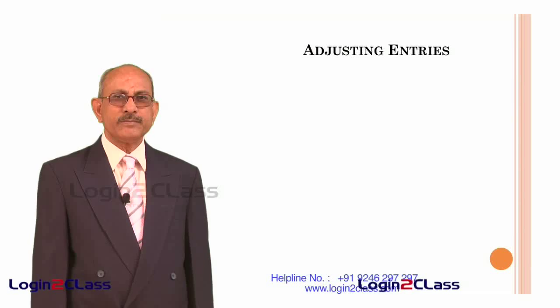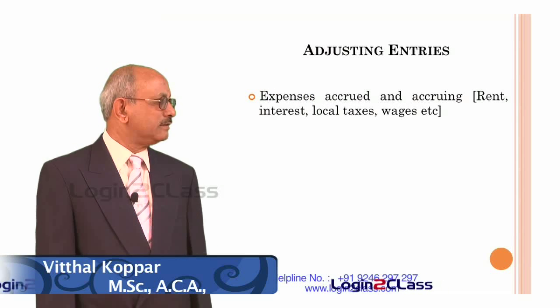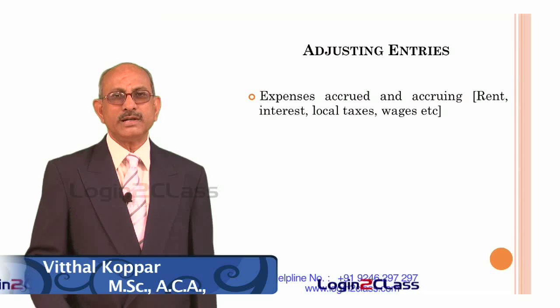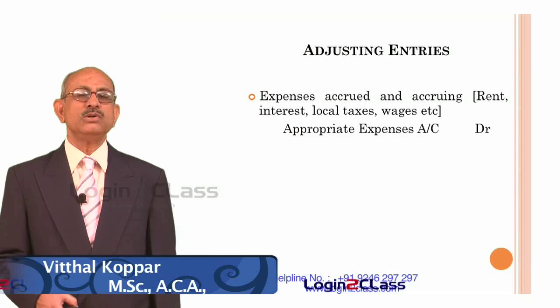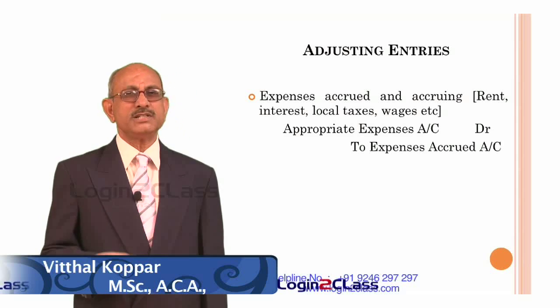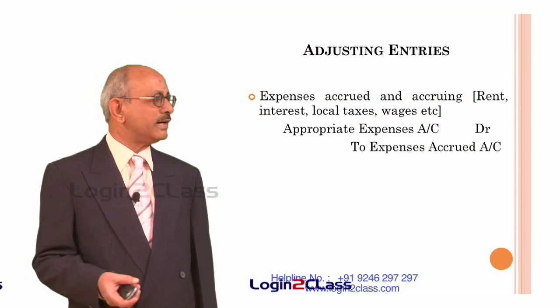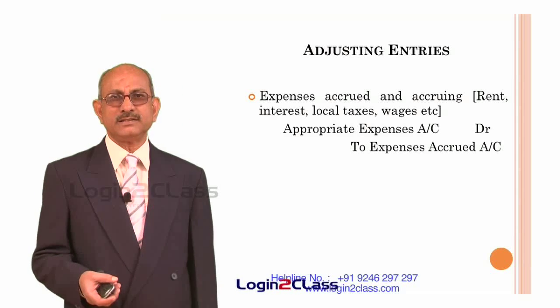And accruing, but which have actually not been paid, and the other is expenses which are incurred in advance. That means you have already paid the money, but they do not relate to this year. So in both cases, adjusting entries need to be passed. So in the first case, where expenses have been incurred and accruing, for example, rent, interest, local taxes, wages, etc.,